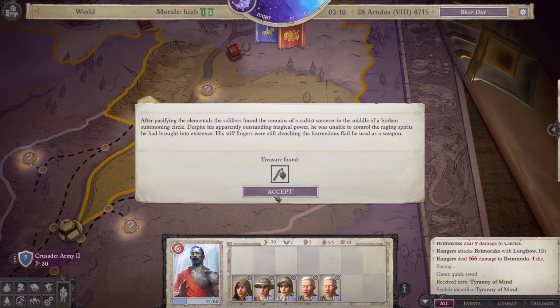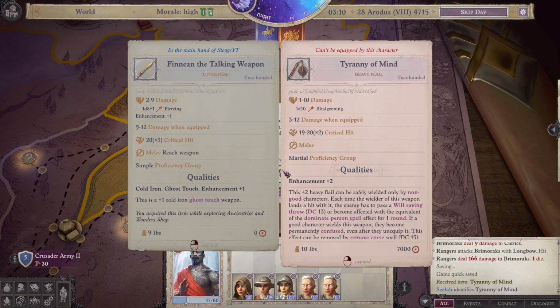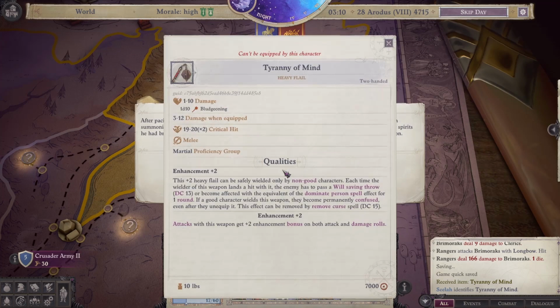I'm okay with that. Except, after pacifying the elementals, the soldiers found the remains of a cultist sorcerer in the middle of a broken summoning circle. Despite his apparently outstanding magical power, he was unable to control the raging spirits he had brought into existence. His stiff fingers were still clenching the horrendous flail he used as a weapon. +2 heavy flail can be safely wielded only by non-good characters. Each time the wielder of this weapon lands a hit, enemy has to pass a will saving throw or become affected with the equivalent of the Dominate Person spell for 1 round. If a good character wields this weapon, they become permanently confused even after they...